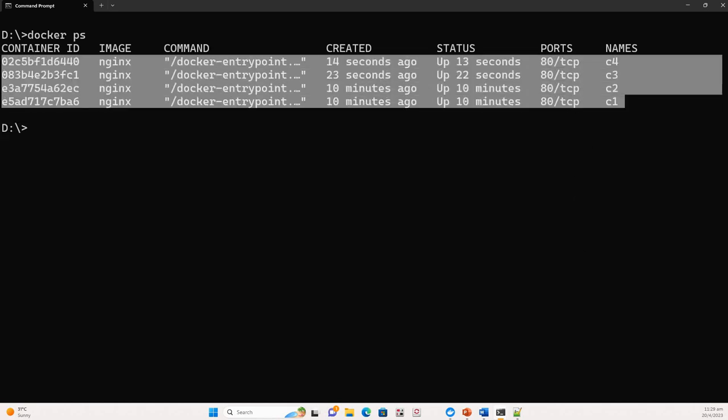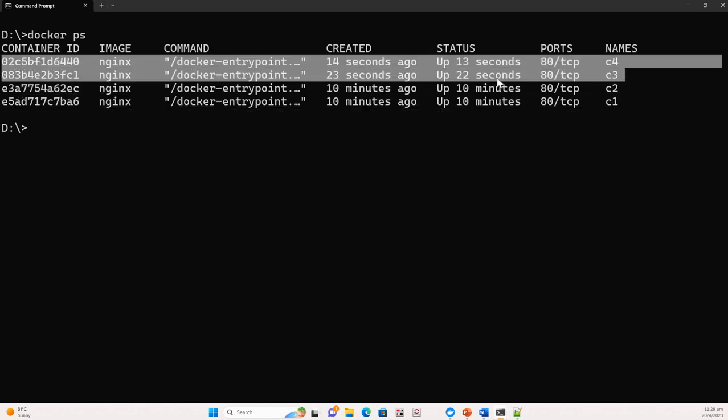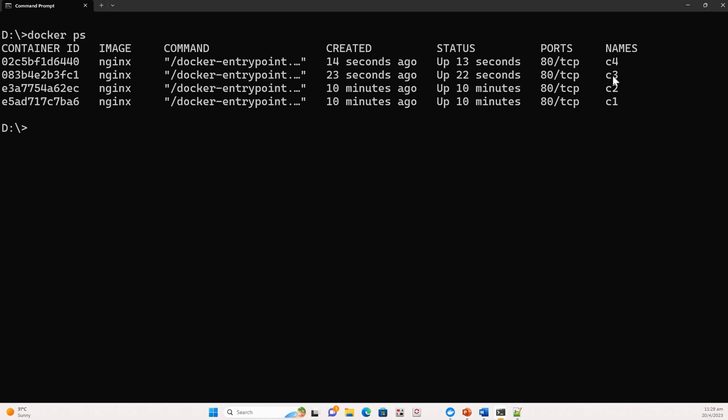C1, C2 are under the default network. C3, C4 are under the custom network. Now I want to try whether C3 and C4 are able to communicate or not. Obviously they should, but we'll see whether they communicate or not. For that, what I can do is docker